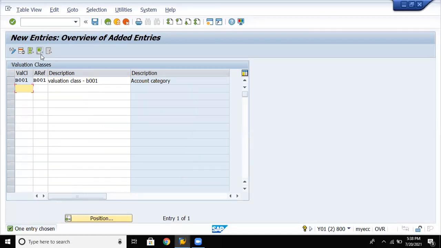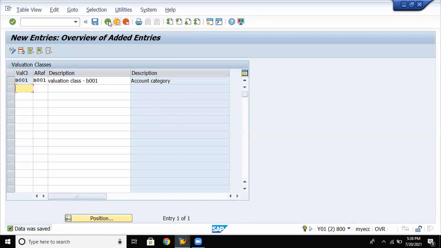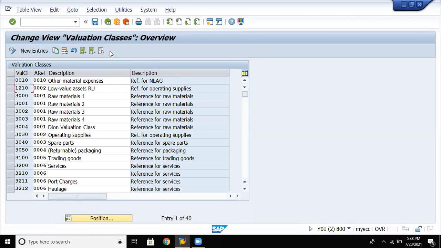So once you give the valuation class and enter, it will take us to the very first row here and it will integrate your account category as well. Enter, save. Go back.